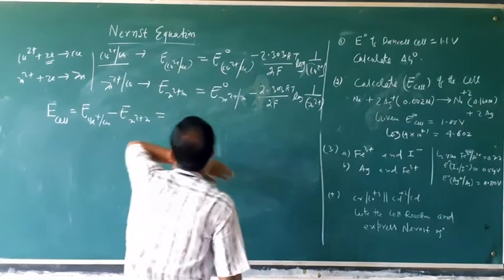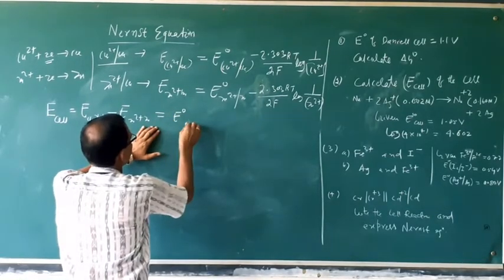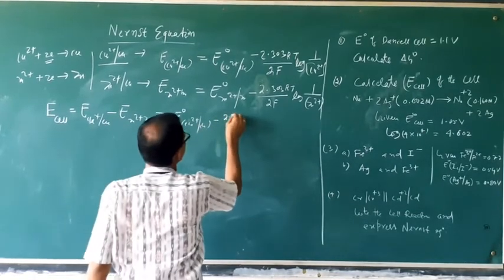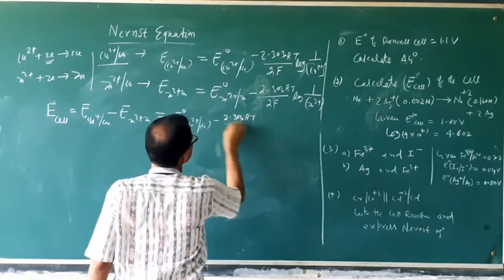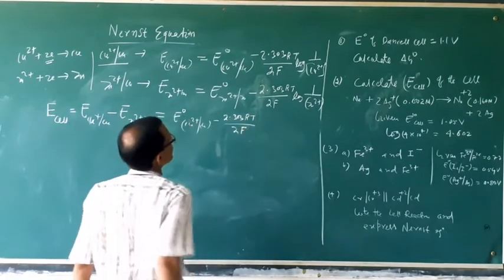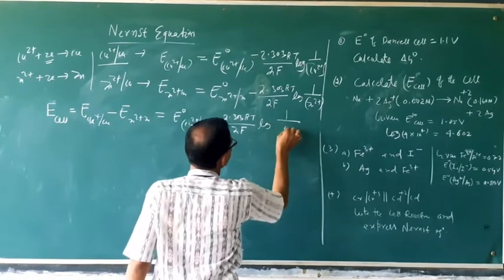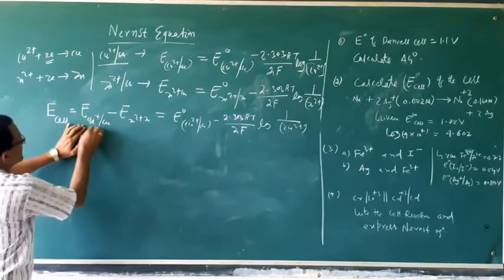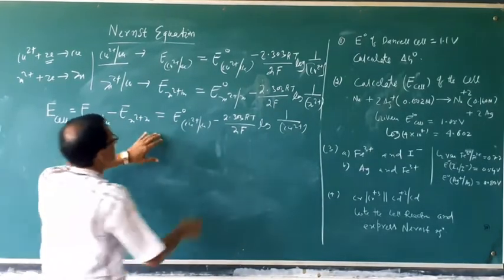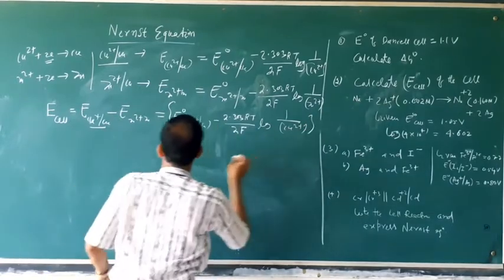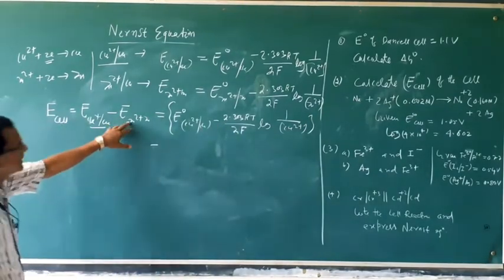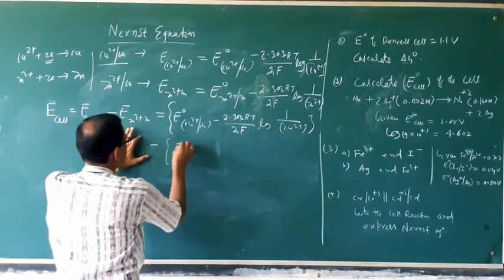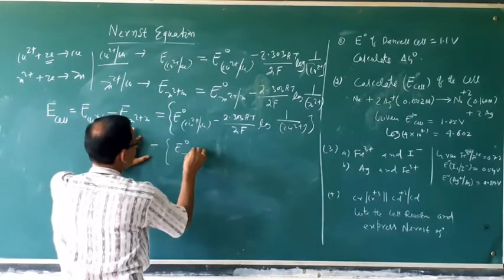This is the E value of copper: E naught of copper minus 2.303 RT by 2F log 1 by Cu2 plus. This is the value of E of copper, minus this value, minus E of zinc. What is the value of zinc? This value. That is E naught of zinc